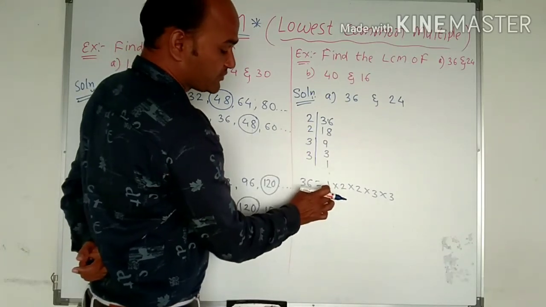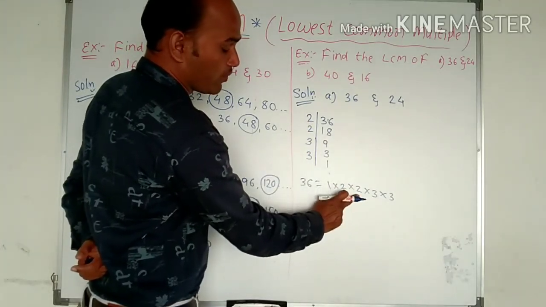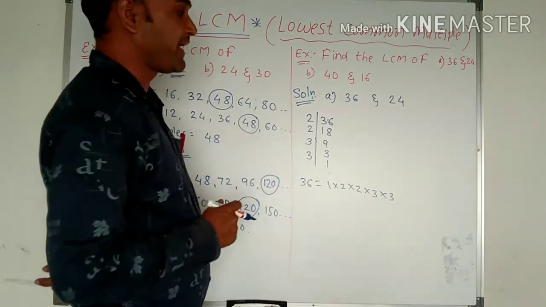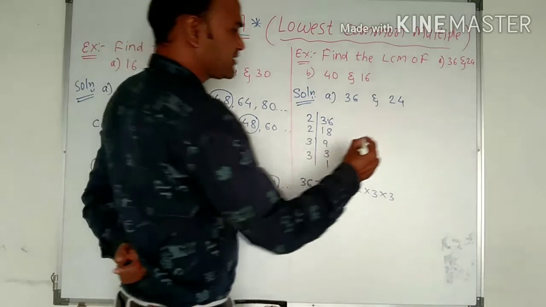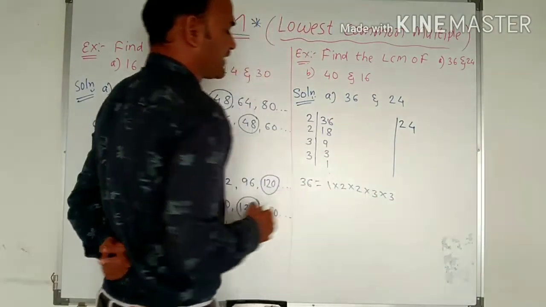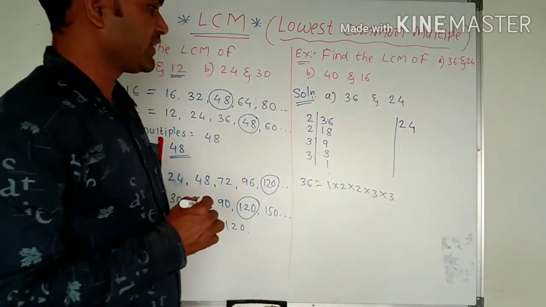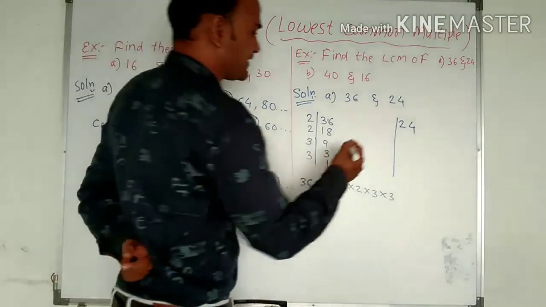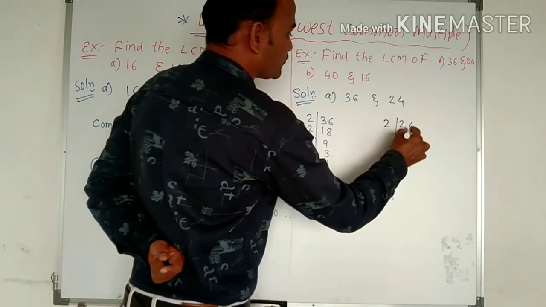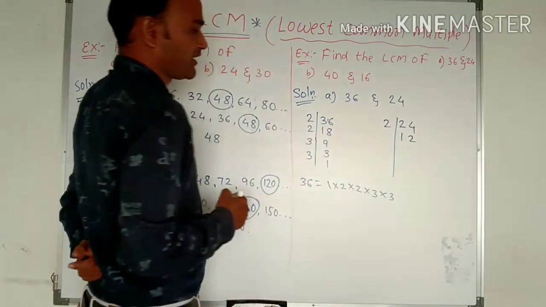Okay, so we can check here. 1 2s are 2, 2 2s are 4, 4 3s are 12, 12 3s are 36. We got it. These are the prime factors of the number. And next, one more number we can check here, that 24 के prime factors हमें find out कर लेना है. So again 24 is an even number. Let us see here, that is 2. 2 1s are 2, then 2 2s are 4. We got 12 2s are 24.